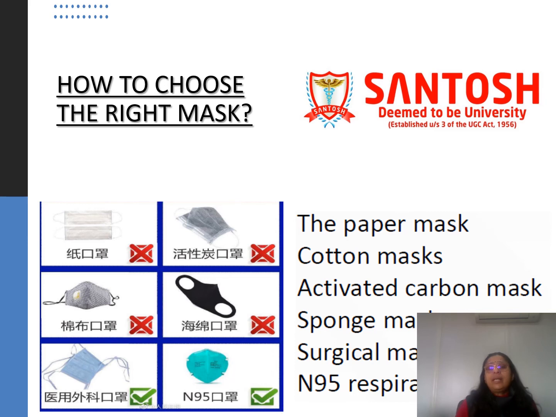Now, choosing the correct mask is very, very important. Now, there are different types of masks that are available in the market. That is the paper mask, cotton mask, activated carbon mask, sponge mask, surgical mask, and N95 respirators. Now, you can see here that the paper mask, the cotton mask, the activated carbon mask, and the sponge masks,